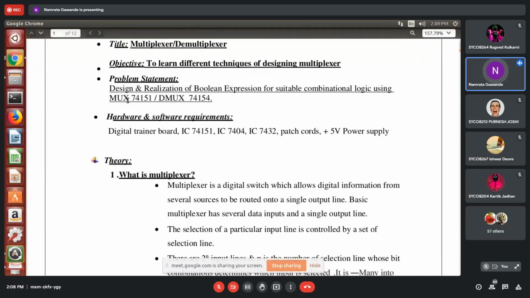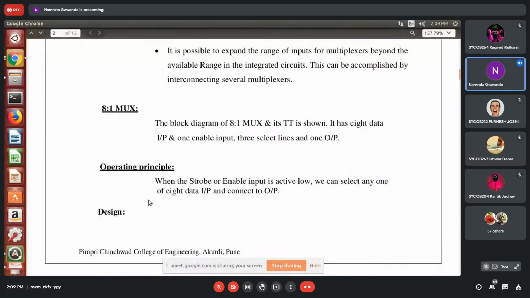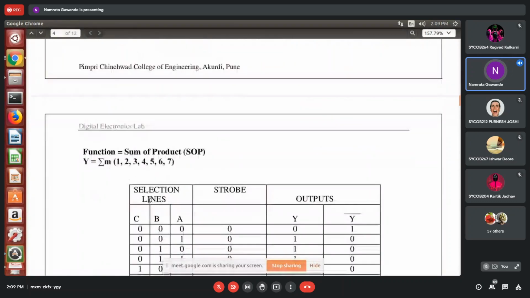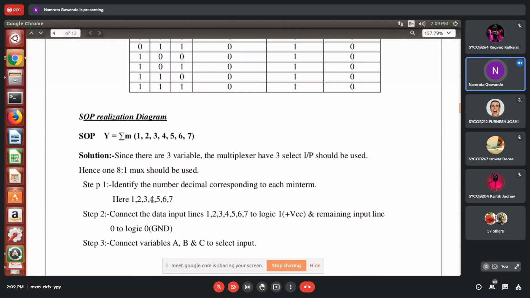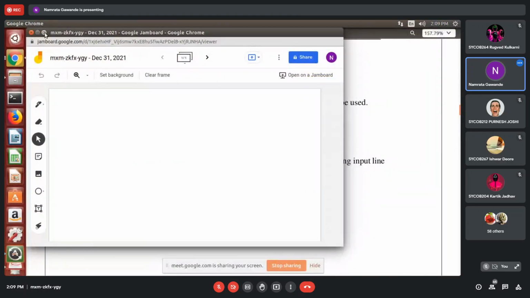So we have to design any particular expression with the help of multiplexer. First, realization will be required. Based on the Boolean expression you can apply the certain logic, and based on that you can design the multiplexer circuit, right? This concept we have seen earlier: 8 is to 1 mux, 16 is to 1 mux, 4 is to 1 mux, different types of multiplexer. Now we will come directly to the point of how we can design or realize the Boolean expression using the combinational circuit. I will directly show you the example.